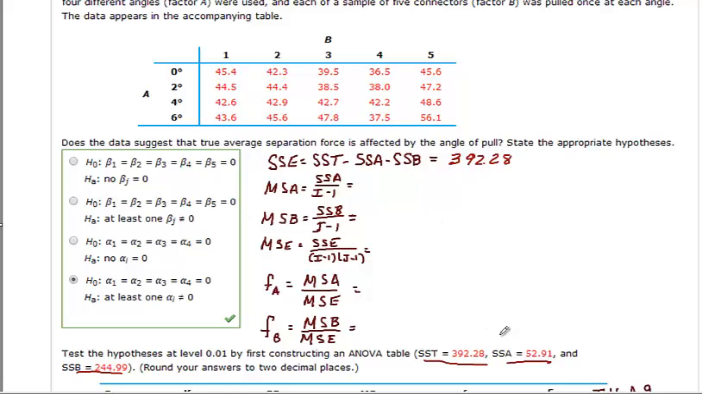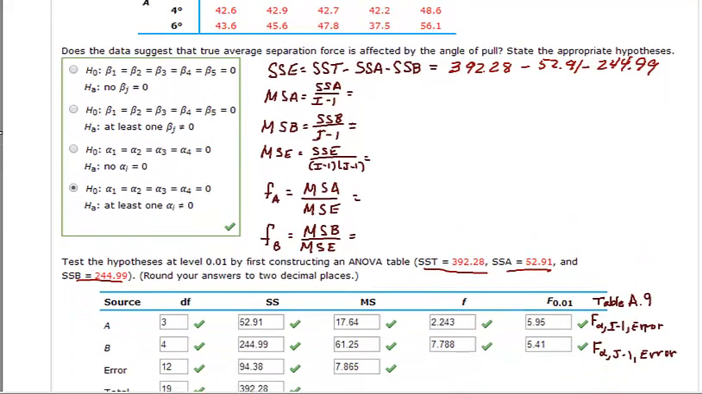392.28. In the previous problem we had to calculate SSA and SSB using our data points, and it was a whole bunch of row and column stuff. It got very tedious. So this is just 52.91, but it's important to go through it and see how those values are actually computed by a software program. Then you would plug the SST value in here, your total, which is 392.28. They gave you the SSA, the SSB, and